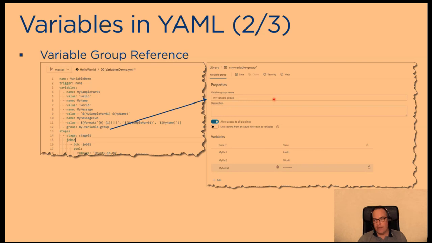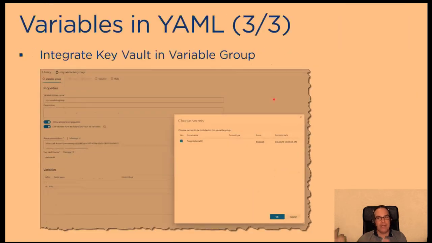Here you can define all the variables you want to use. The cool thing is that I'm able to link that to Key Vault. So I can say, hey, this is a new variable group, I'm linking that to a specific Key Vault, I can select the secrets I want to read from the Key Vault, click OK,